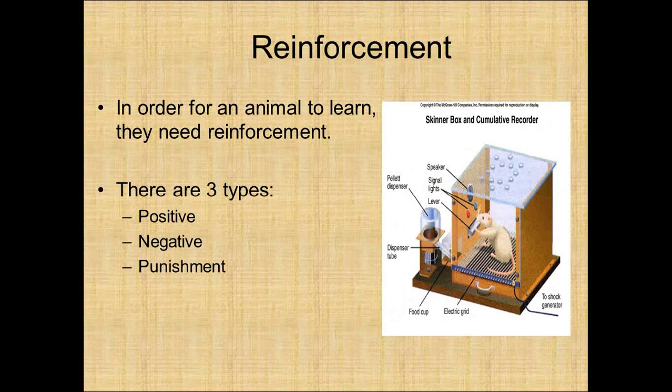In order to get an animal to learn through operant conditioning, they have to be given a reinforcement, something that makes them want to change their behavior. There are three types. First, there's positive, which is a reward that is given for correct behavior. When we're talking about the Skinner box, that's the pellet of food. There is punishment, where an animal carries out the desired behavior to avoid a harmful experience, something that's painful. Again, in our Skinner box, that would be the wires and the shock.